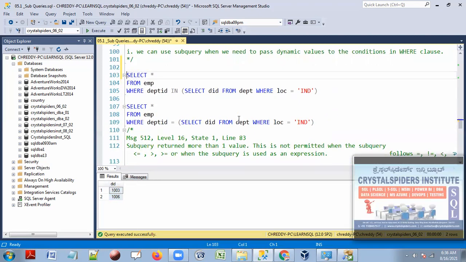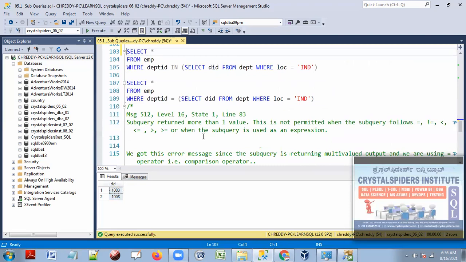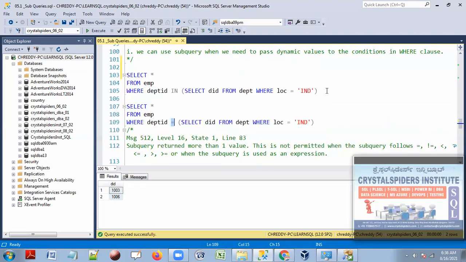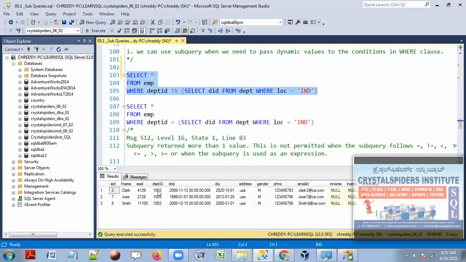What error will it throw? Let's see what it says if we execute this. This subquery is returning multi-valued data, but we are using the equal operator, and the equal operator will not support multi-valued data. We have to use the IN predicate here. Let me execute this with IN. It is displaying only 3 employees from department 1003, but in 1004 there are no employees.